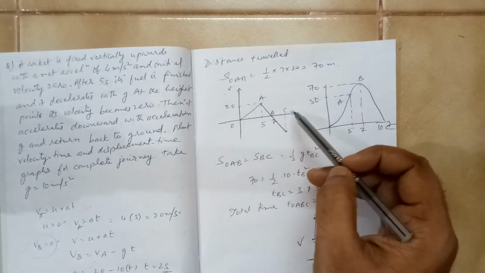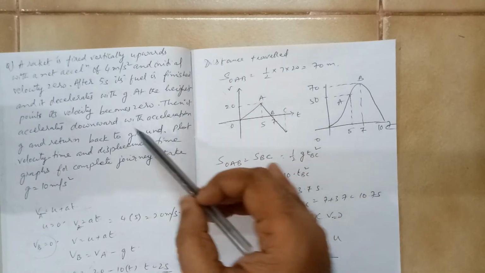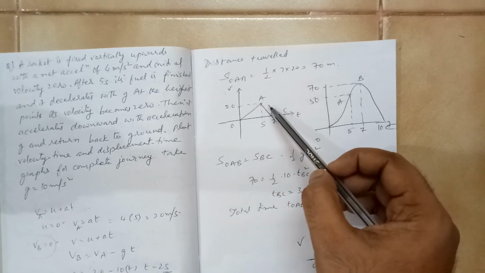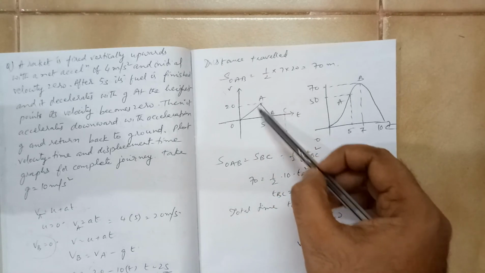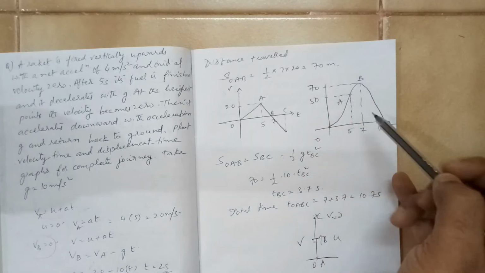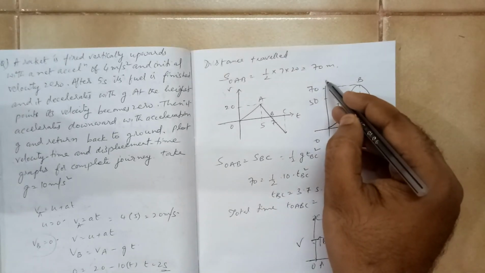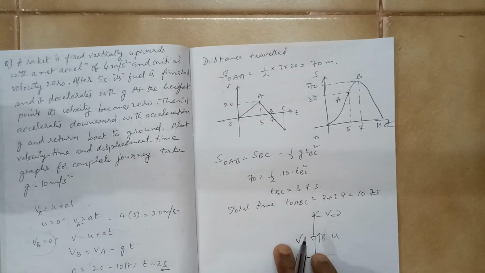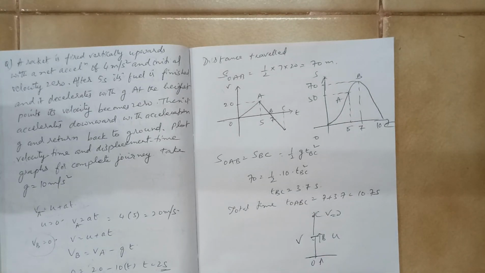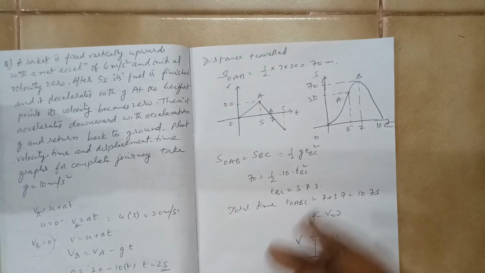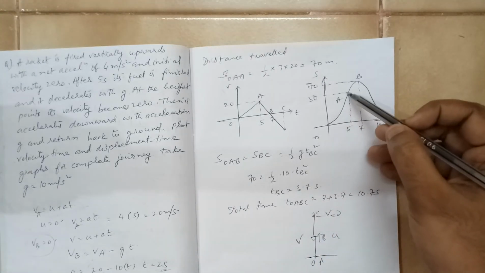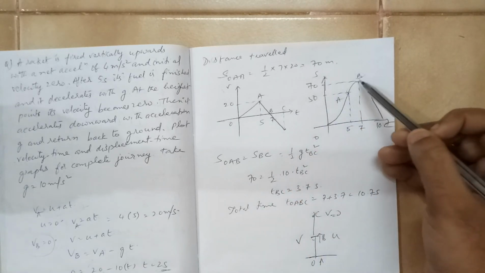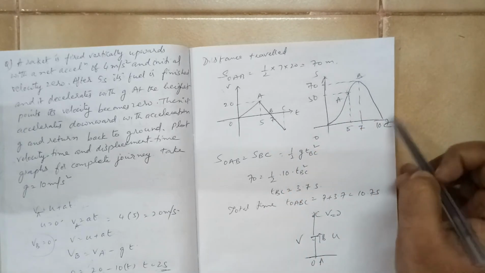Now how will the graph look? In the v-t graph, it attained a speed of 20 m/s. Initially the speed increased, and then when the fuel was over, the speed dropped. Now if you draw the s-t graph, which shape does it represent? s = ½at². The graph shape will be like this. These are the important points A, B, and then it will fall back to C.